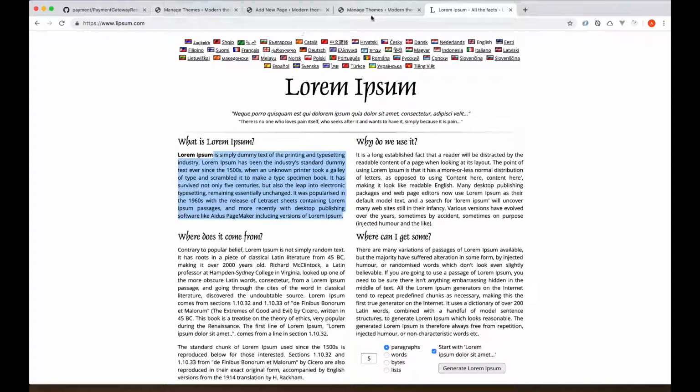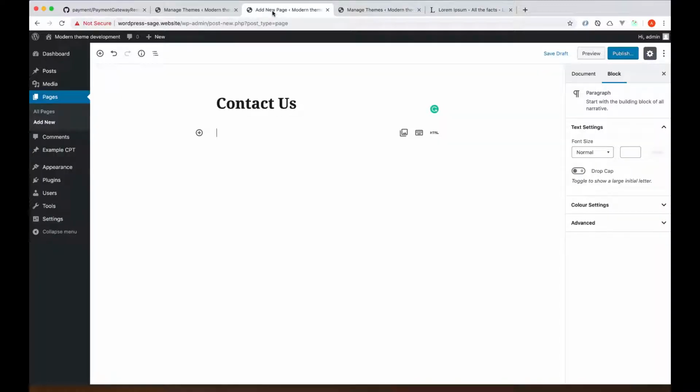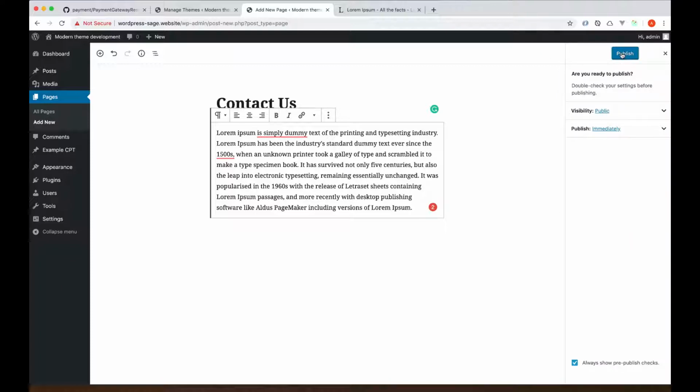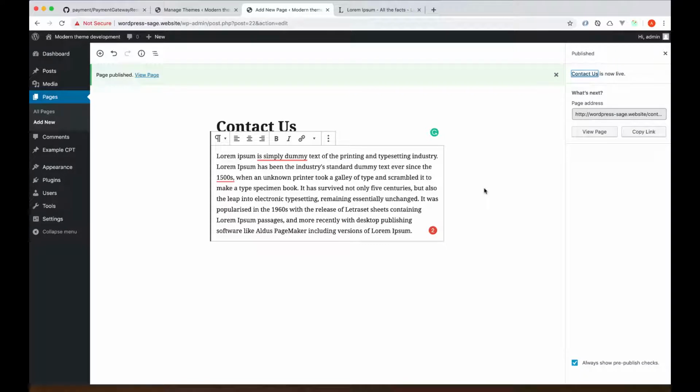Come back. Too many tabs. Okay, and lorem ipsum. I will publish that. Obviously, you can do other things if you want to, as you would normally with a traditional page. But now if we look at it,